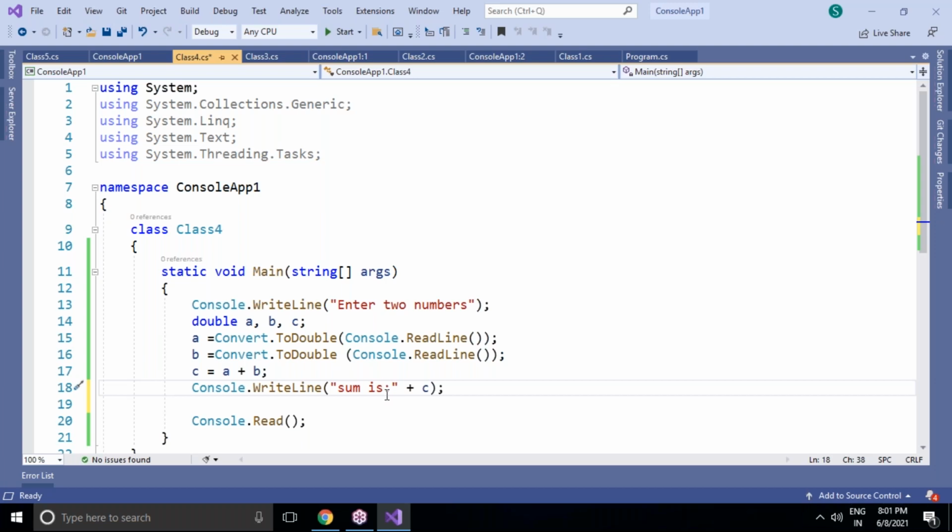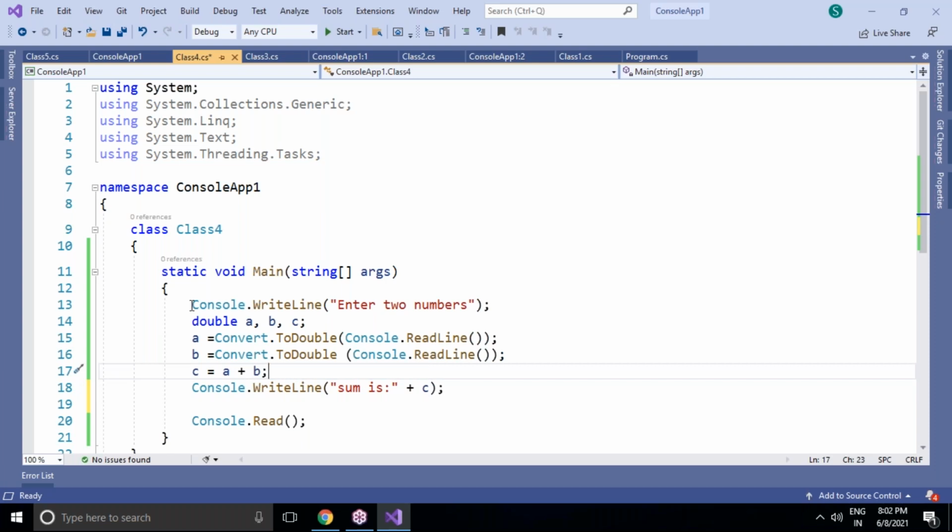So let me show C#.NET data types. What are the basic data types? I'll cover them here. Within a simple example, I'll try to cover all the basic data types in C#.NET. Integer is for working with small integer values, and float values are there, and also double values. All are basic data types only.